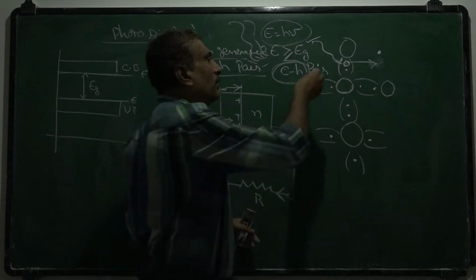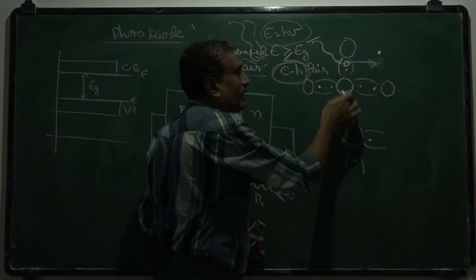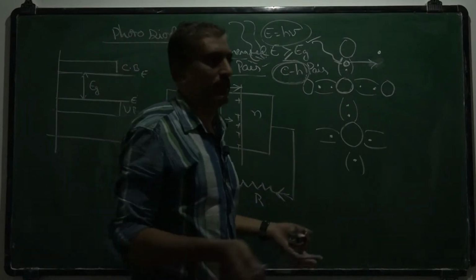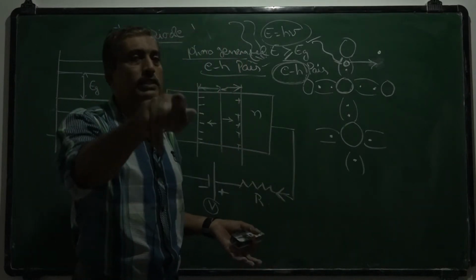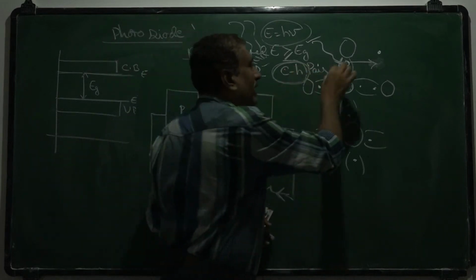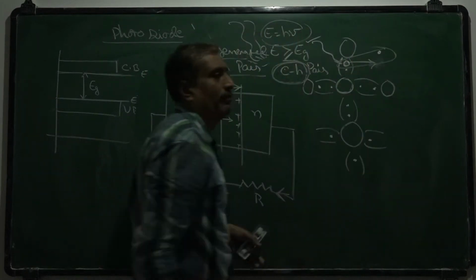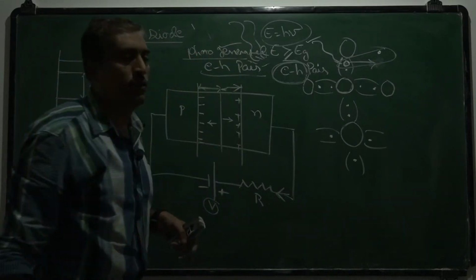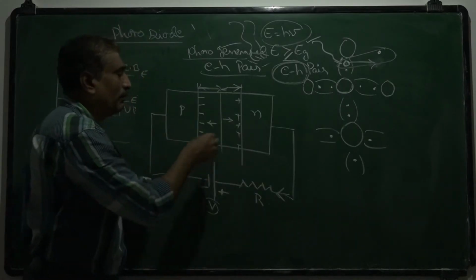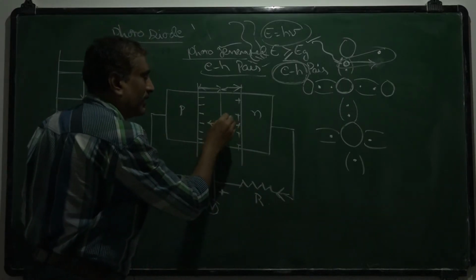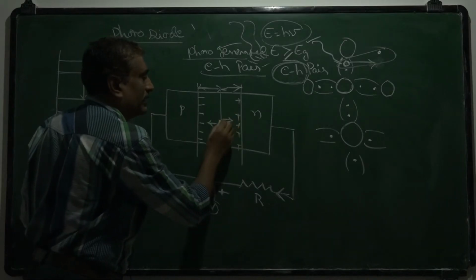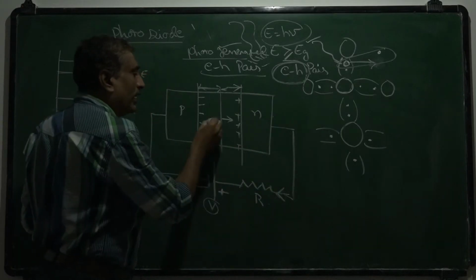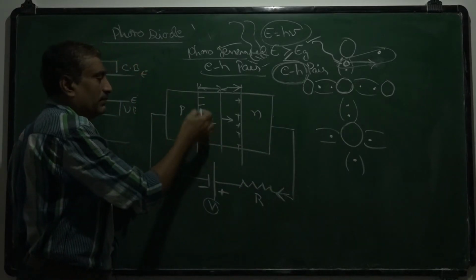By absorbing this light energy, some of these valence electrons are excited and dislodge from their positions and become free electrons. When they become free electrons, a hole is created in their position. In this way, electron-hole pairs are generated, and these are called photo-generated electron-hole pairs. These pairs drift in opposite directions, where electrons drift towards the positive polarity, towards the n-type, and holes move towards the negative ions polarity, that is towards the p-type.